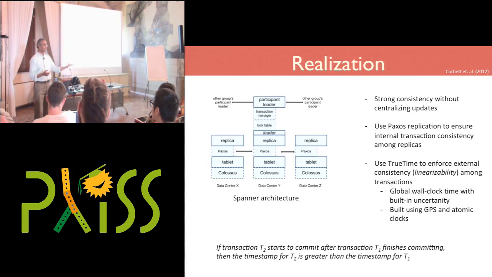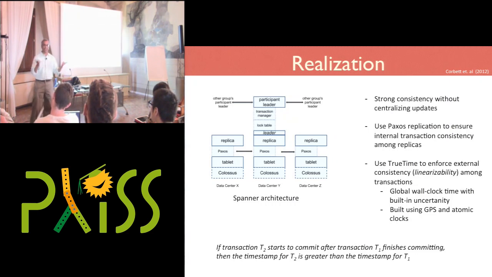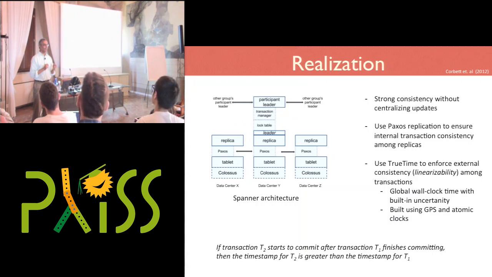If this transaction is looking at my balance in my bank account and this transaction is looking at my balance in my bank account, what does it matter if I invert them? Or, you know, this one might be doing a deposit, this one might be giving me a balance. So every now and then, I won't see the deposit at the time that I check my balance. But at the end of the day, I'll still be okay. So there are lots and lots of instances where the degree of precision that we want doesn't demand the degree of fidelity that something like Spanner gives us.